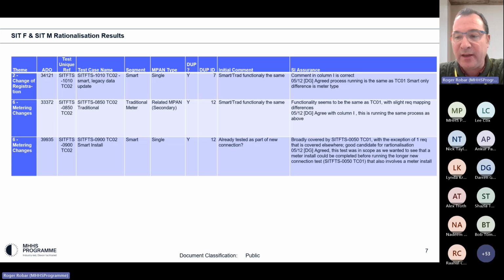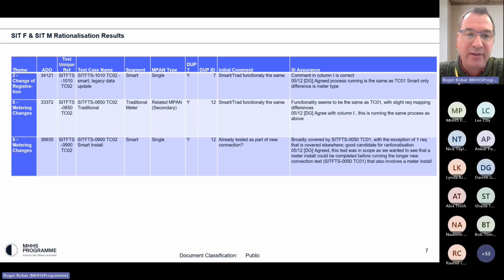There was a number that we'd originally looked at that were determined to be actually subtle differences in the requirements. We were testing different areas of the requirement in the test. So while at a surface level, they each had the same requirements, they ended up testing different aspects.